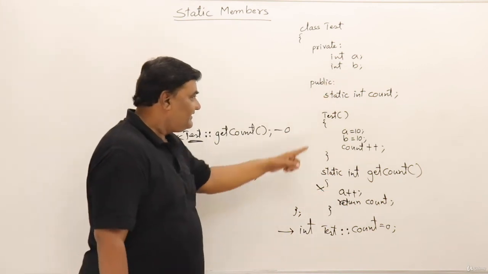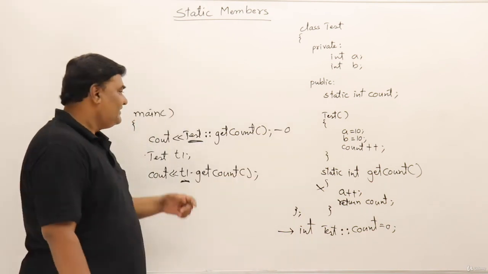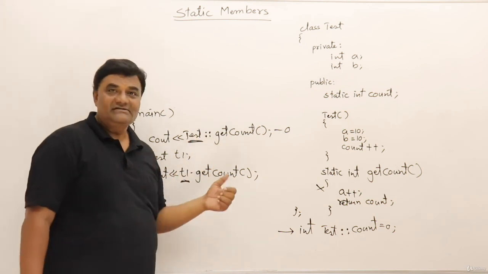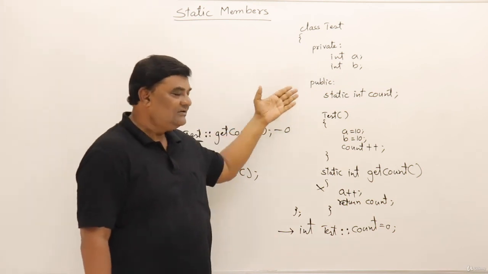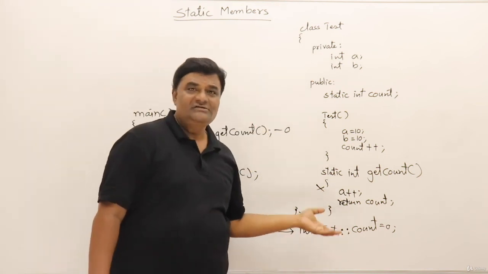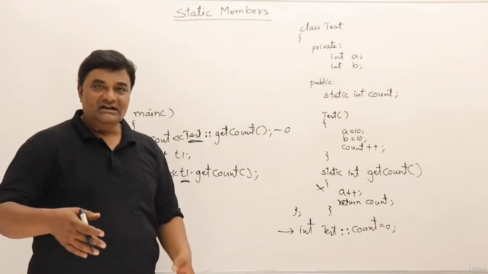This is the method of declaring static data members. Two times you have to declare. Then the next point that we studied is static members can be accessed by using the object as well as the class. You can access data members also, functions also. If you make a data member private, then you need a function. Otherwise, directly you can access the data member also. Then where it can be used, I'll show you in the next video.